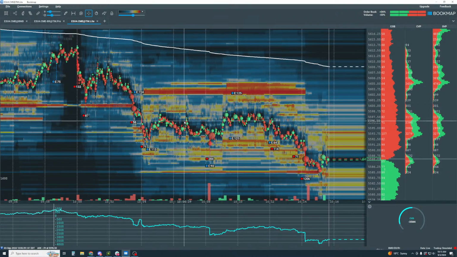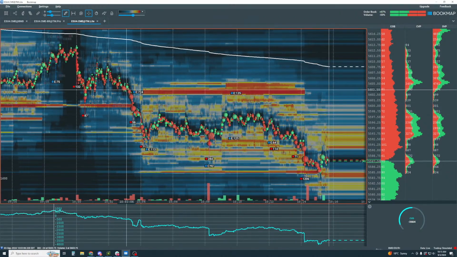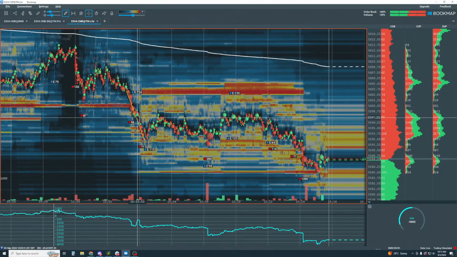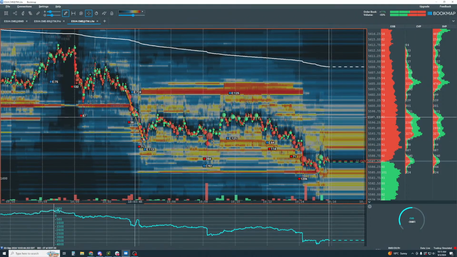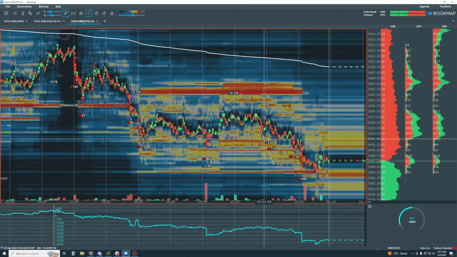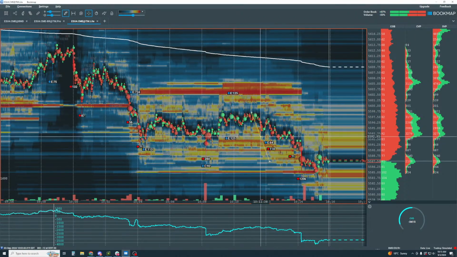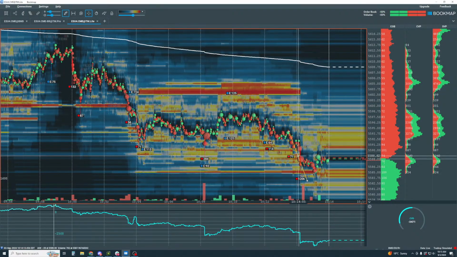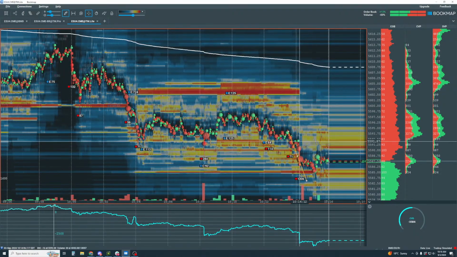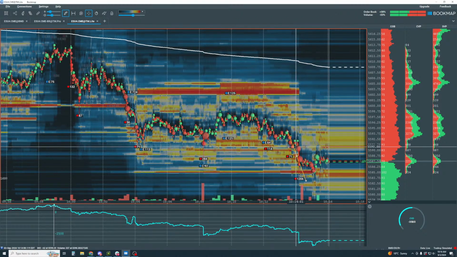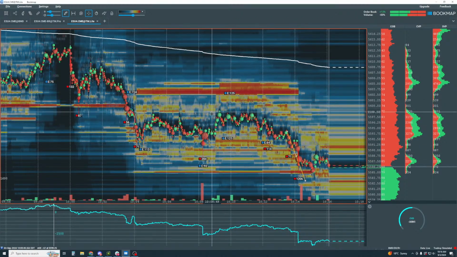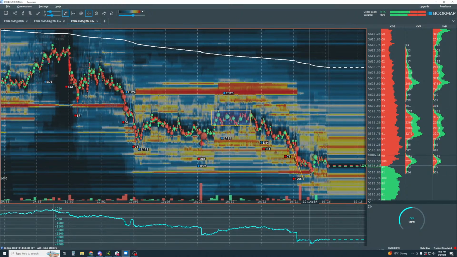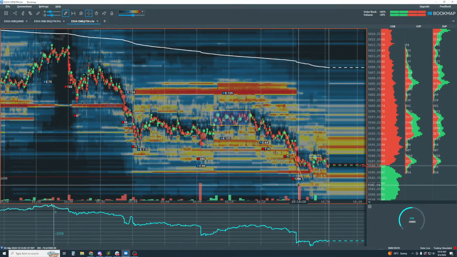Look how this move here, this drop here, is, let's just pick it up and move it over. Well, you can see this is where it dropped from here, and it's a little bit more shallow. So we still understand that there's a lot of momentum here to the downside. But we're starting to note also these pockets of buyers here, and then starting to here.